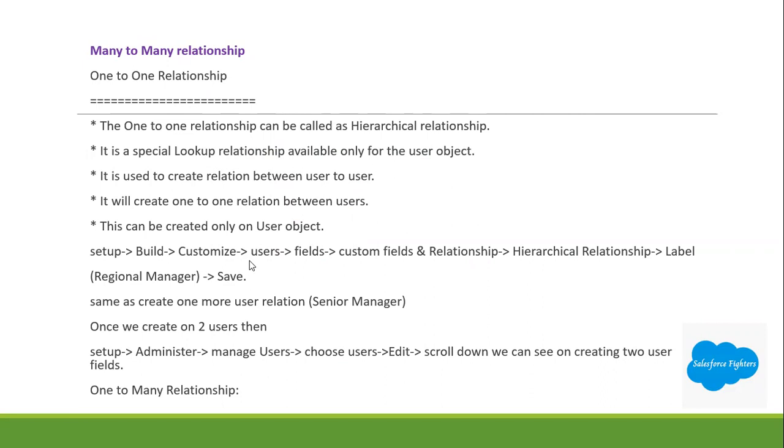Setup, build, customize, users, fields, custom fields, relationship, hierarchical relationship, label, manager, and save. Similarly, create one more user relationship, senior manager. Once we create the two fields, then go to Setup, Administer, Manage Users, choose users, edit, scroll down. We can see the relationship fields we created. Next, the one-to-many relationship,